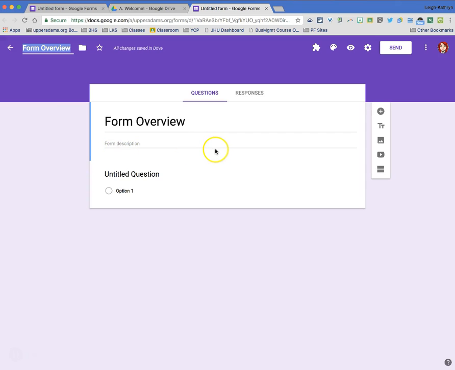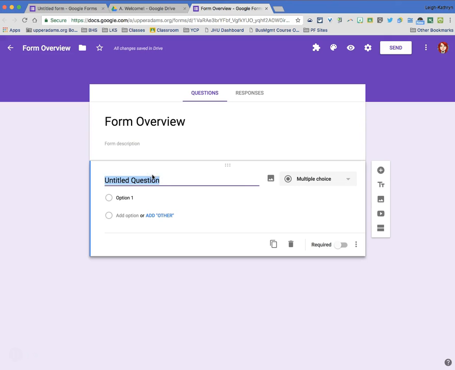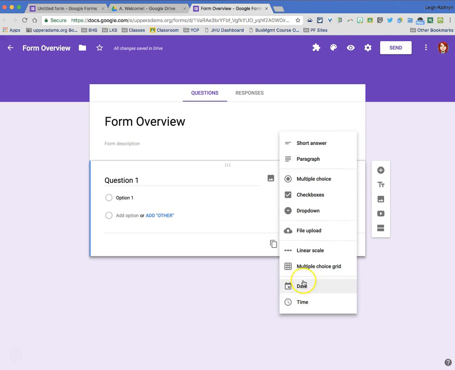You can put a form description in if you want. You put your questions in here, and you choose the different types of questions over here. So these are all of your options for what types of questions or prompts that you want to provide to your users. And again, the file upload is the newest one,